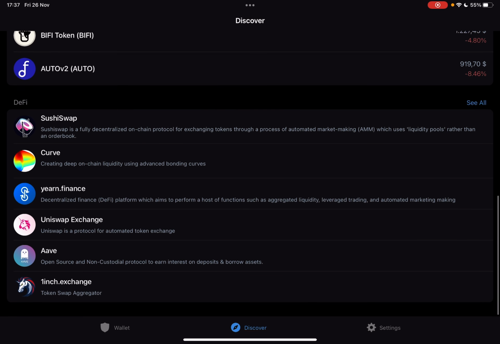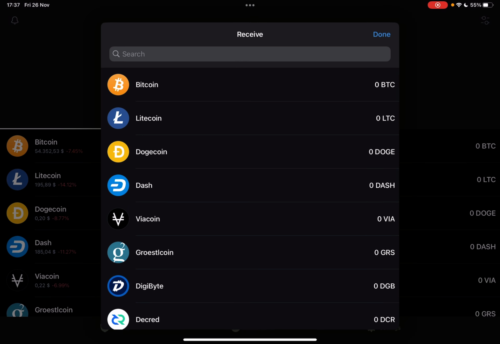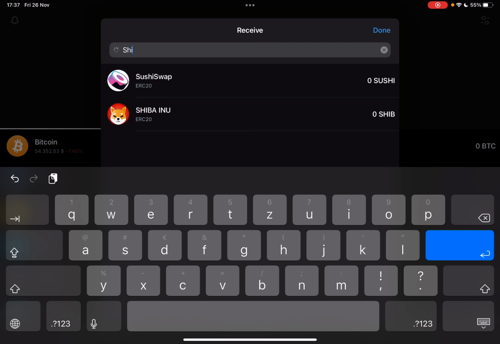First, open your Trust Wallet app, then go to the wallet section. And at the wallet section, there are 4 buttons on the top: send, receive, buy, and trade. Now, if you want to receive cryptos, you can either buy them or receive them. Now tap on the one that you want, and here in the search bar you can type in Shiba